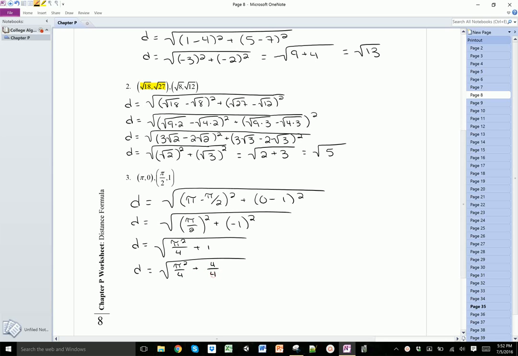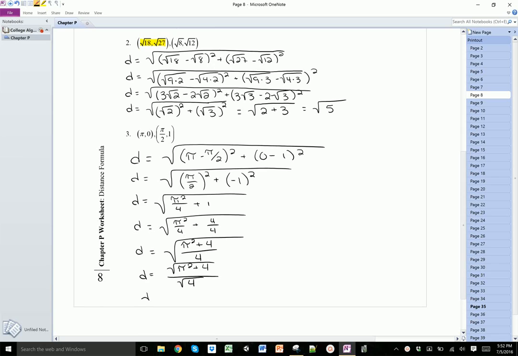So that I can easily add them. Now they have the same denominator. So this is pi squared plus 4 over 4. And the reason I did that was because I knew that when I use the property that allows me to take the numerator and denominator of a fraction inside a radicand and take the square root of both of them, the numerator and denominator separately, I would be able to get this square root of 4, which would then allow